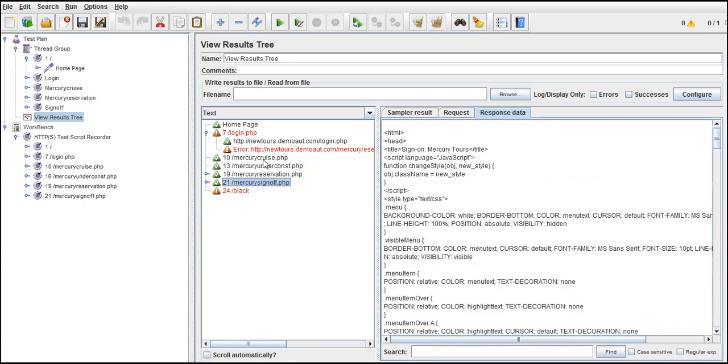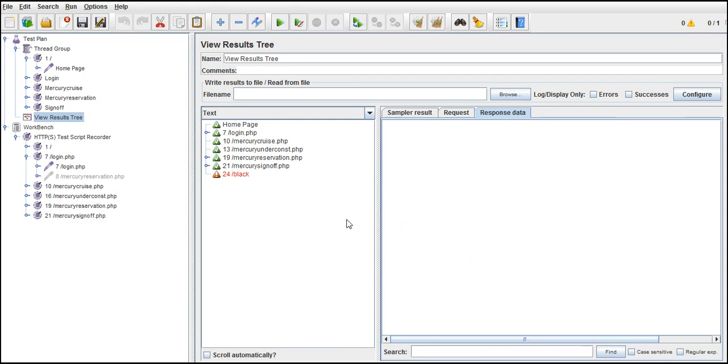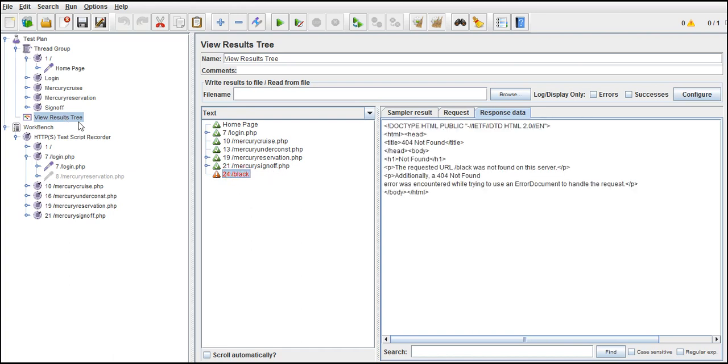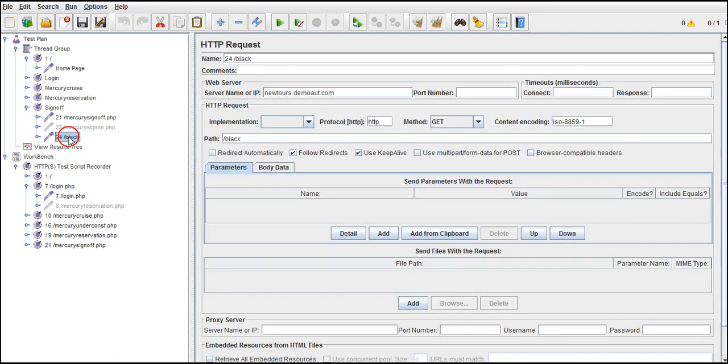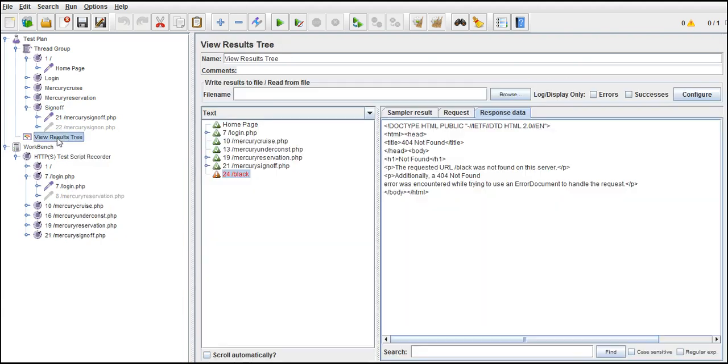It seems correct. Let me check my internet connection once. Okay, so now it's perfect. I just reconnected my connection and it looks good. Let's delete this, at least this one sign off, which is not required for us. So cool, now we are at this page.